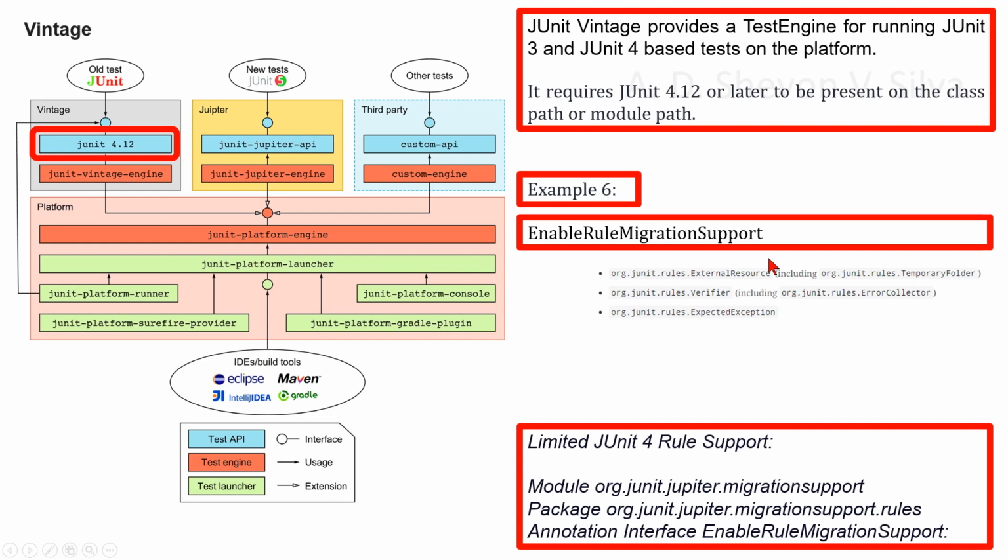The JUnit team realizes, however, that many organizations, especially large ones, are likely to have large JUnit 4 code bases that make use of custom rules. To serve these organizations and enable a gradual migration path, the JUnit team has decided to support a selection of JUnit 4 rules verbatim within JUnit Jupiter. The support is based on adapters and is